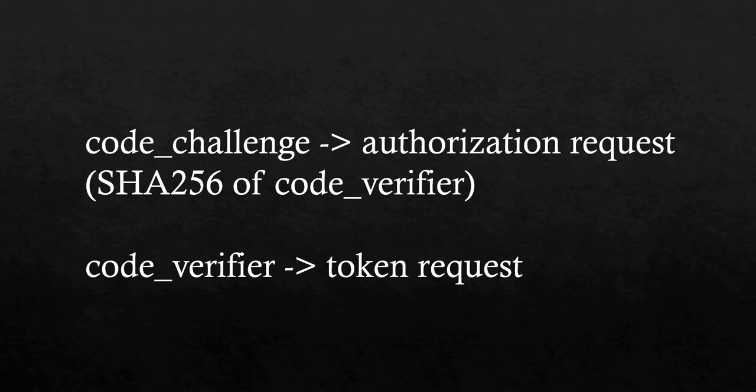Once you generate the code challenge from the code verifier, you can save them somewhere in SFDC so that you can know these values during the token request or authorization request. The code challenge is passed during the authorization request, and the code verifier is passed during the token request. Let's understand this scenario this way. Let's say we have converted the code verifier into the code challenge, and now the code challenge is being passed in the authorization request. Once you get the authorization